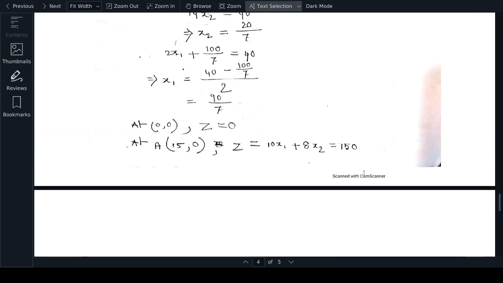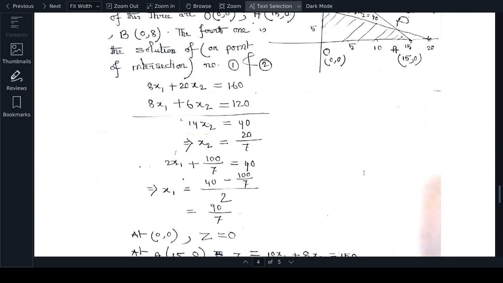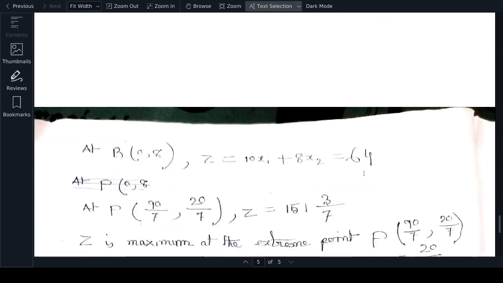Z equal to 10x1 plus 8x2. At origin, 10 into 0 plus 8 into 0, so Z is 0. Next, at A 15,0, x1 is 15, x2 is 0, then we get Z value 150. At B, value 0,8, we get 64. And then